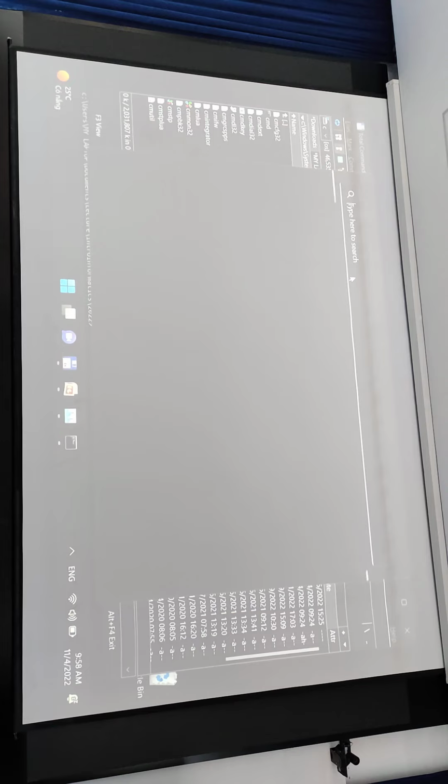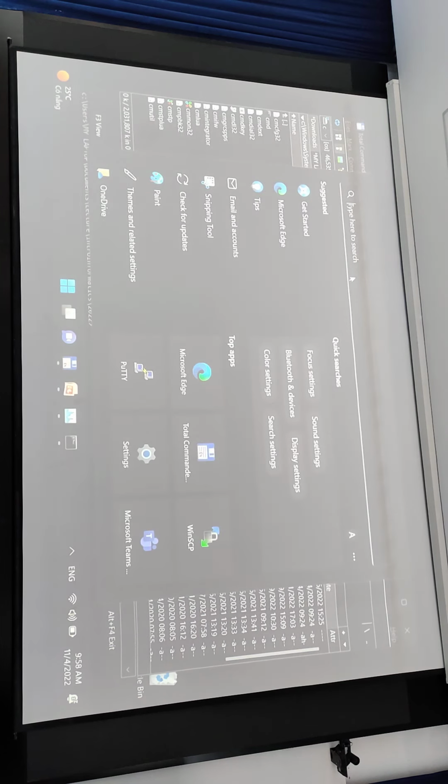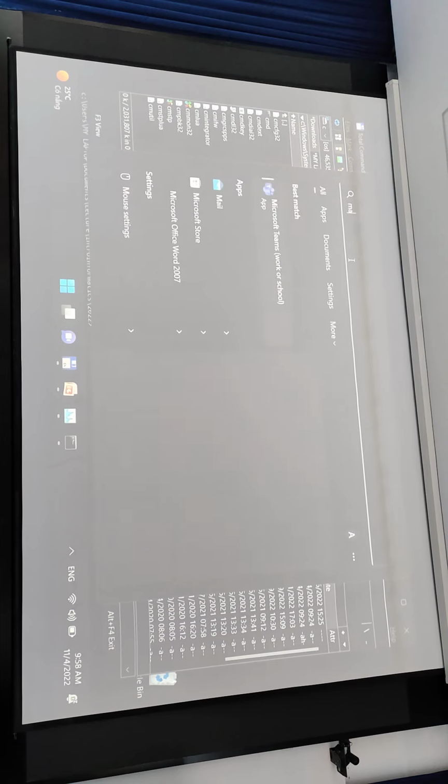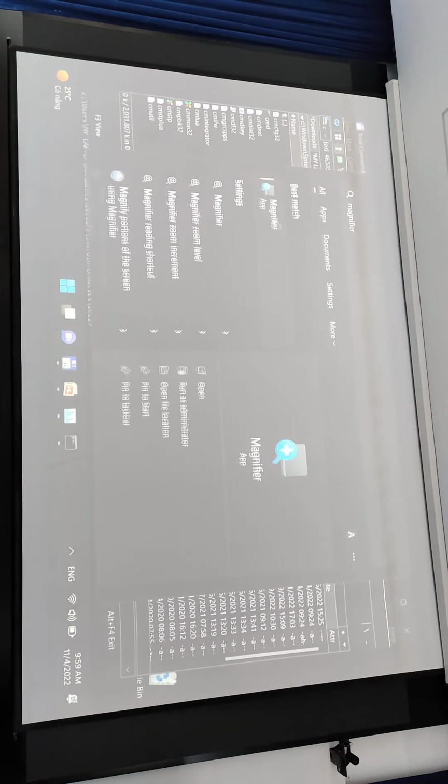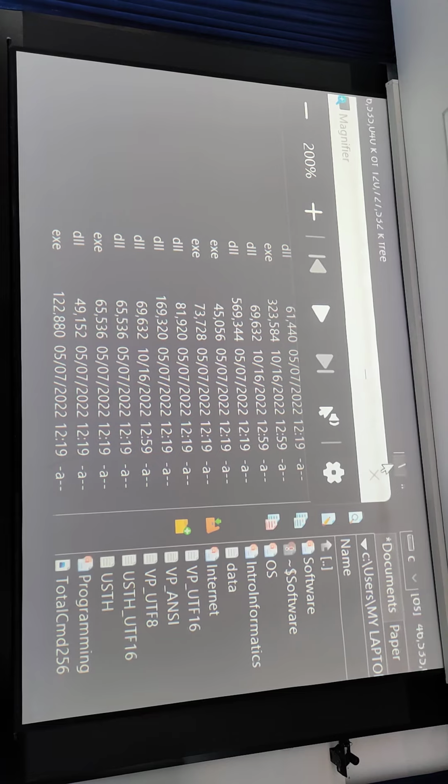Yes, exactly. I would like to share with you that there are several solutions to do that. And I would like you to know how to use your computer, for example, with software usually provided with any operating system. Any idea? Yes? Magnifier. Thank you. I searched magnifier. And the magnifier.